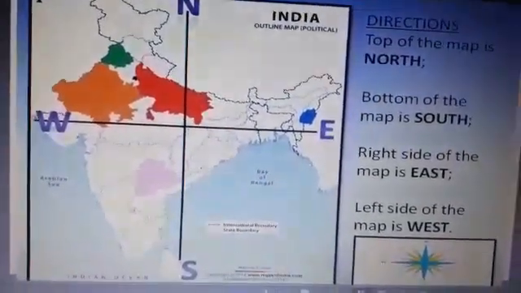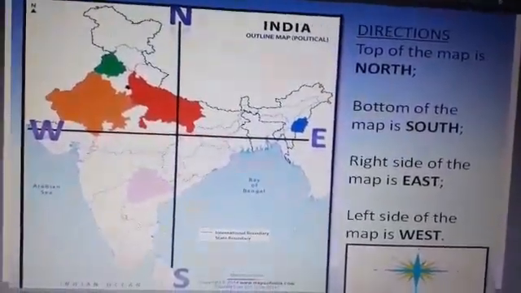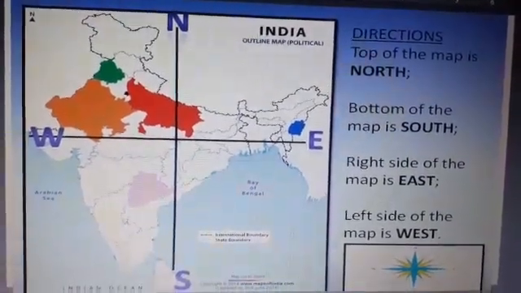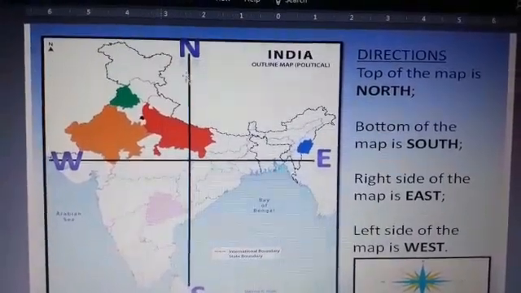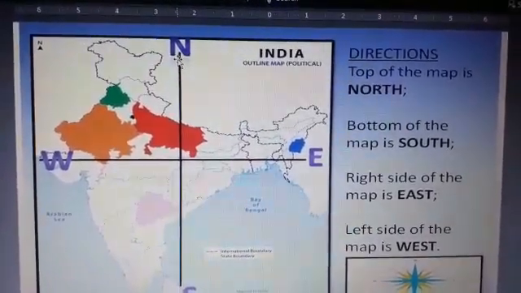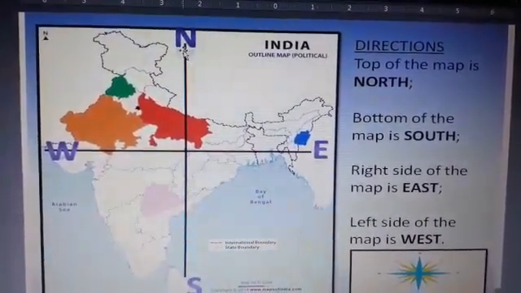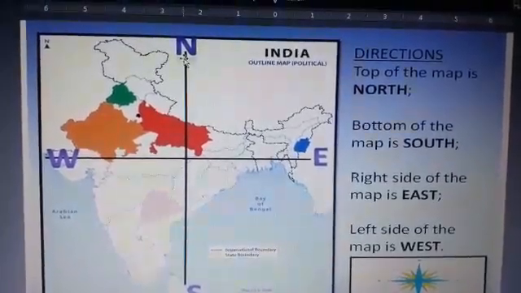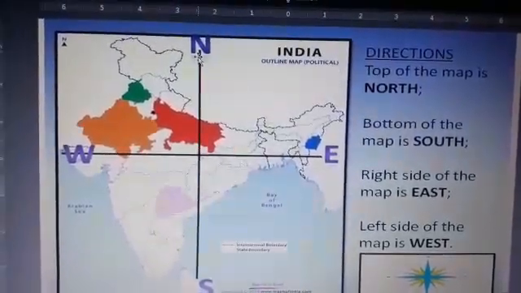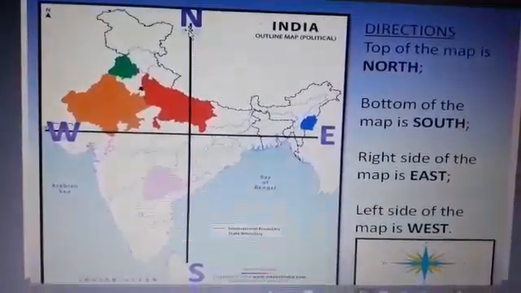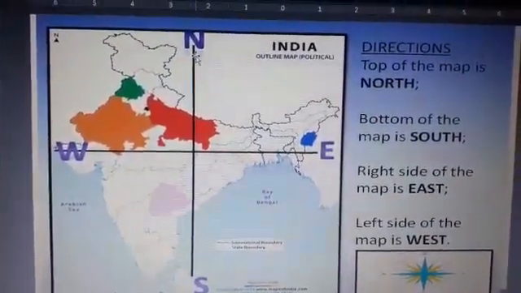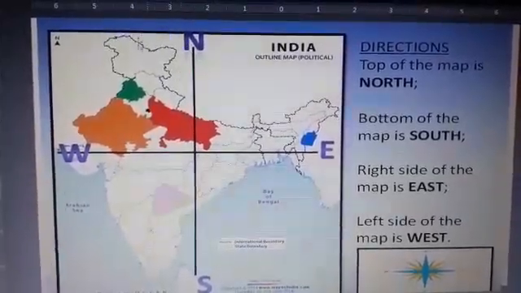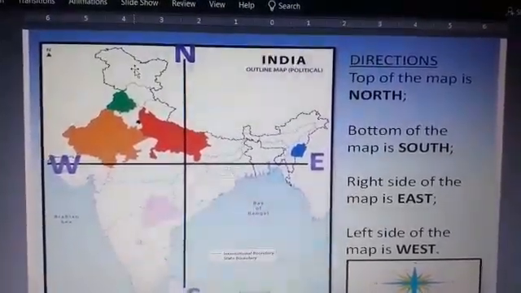Whenever you see a map, on the top we have the north direction. We have 4 directions: north, south, east and west. So whenever we see a map, the top of the map is north, right?